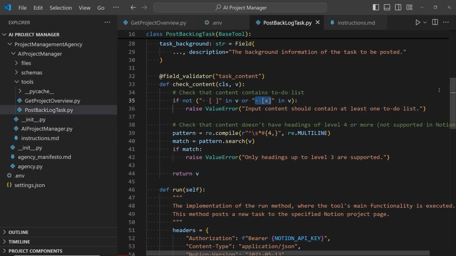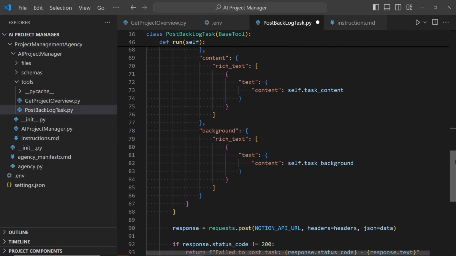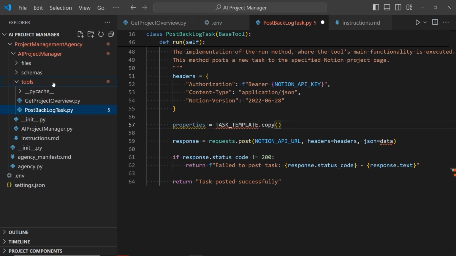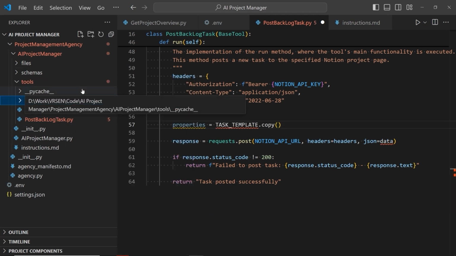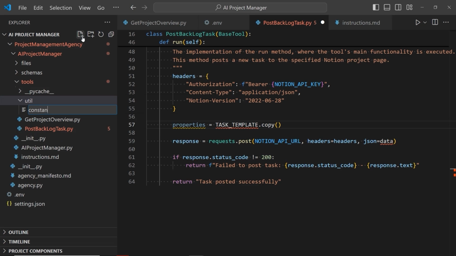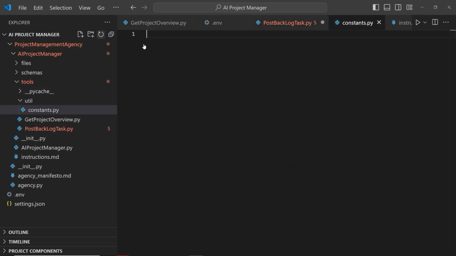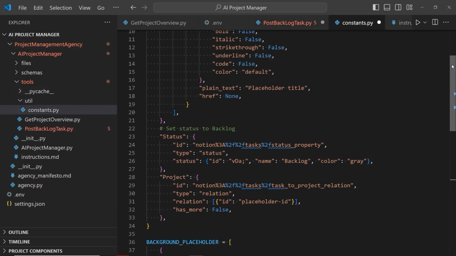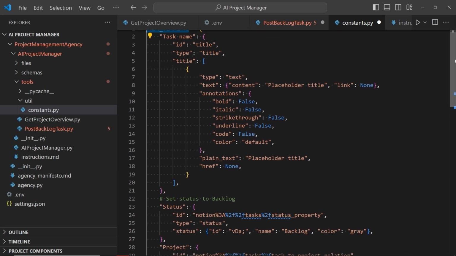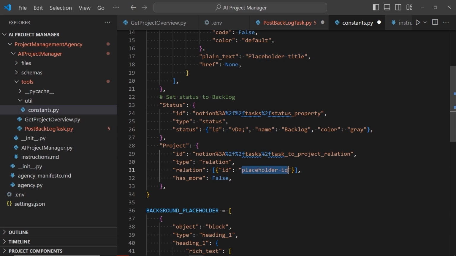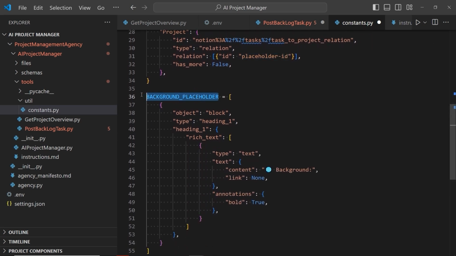After that, let's adjust the logic of the task. So I'm going to create another folder called util, and inside that folder I'm going to create a constants.py file where I'm going to move the task template. This template will serve as the default parameters for the task. For example, we're going to set the status to backlog, and also add some formatting that we've